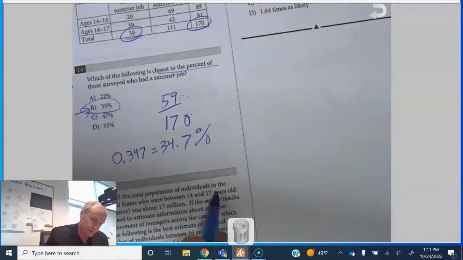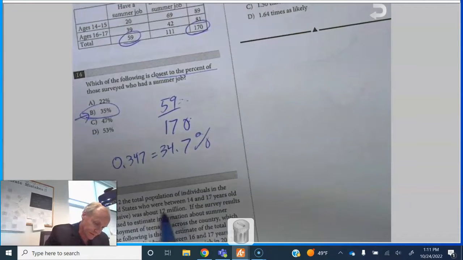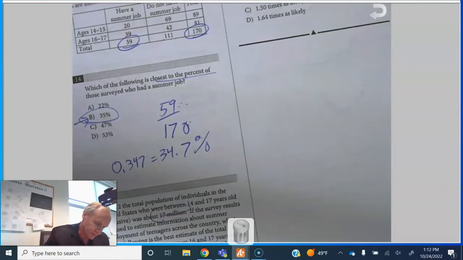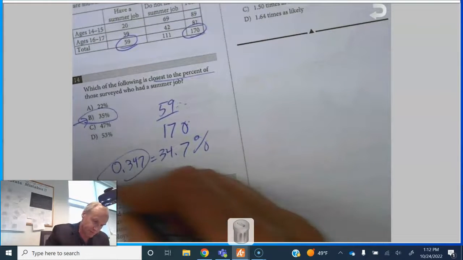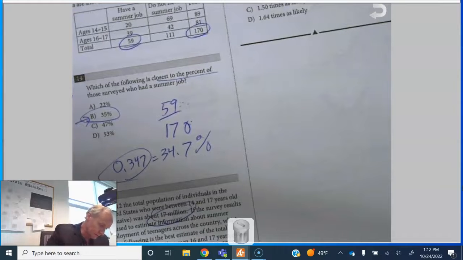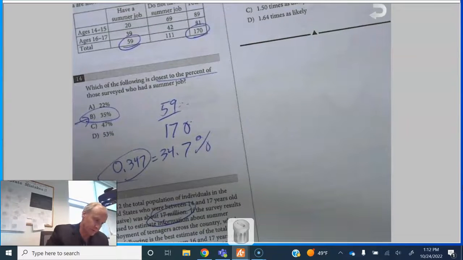In 2012, the total population of individuals was about 17 million. If survey results were used to estimate information about summer employment, which of the following estimates who had a summer job? You're supposed to use this percentage of the 17 million. So times 17, 1, 2, 3, 4, 5, 6. 17 million